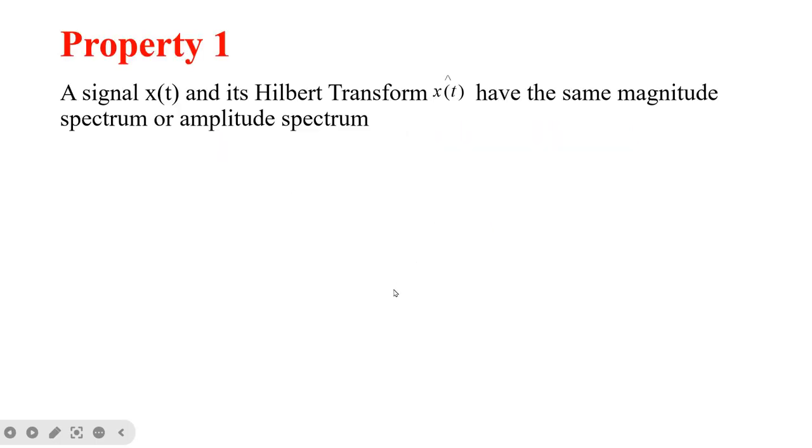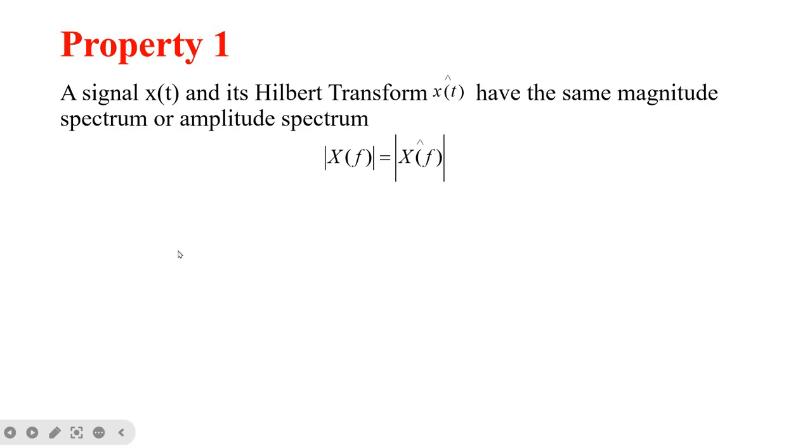The first property is that a signal x of t and its Hilbert transform x cap of t have the same magnitude spectrum, or the amplitude spectrum. Here the Hilbert transform is applied on the signal x of t, which is assumed to be a real valued signal. So according to this statement, we need to prove that magnitude of X of f is equal to magnitude of